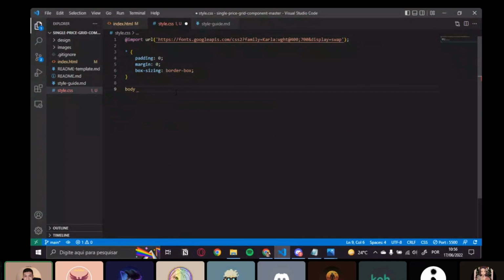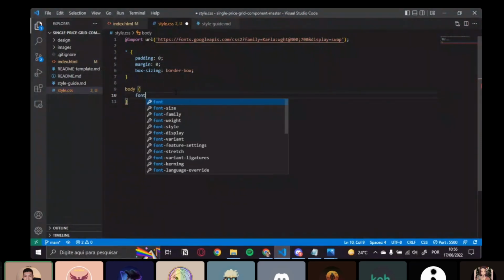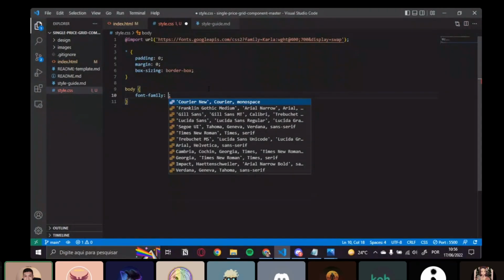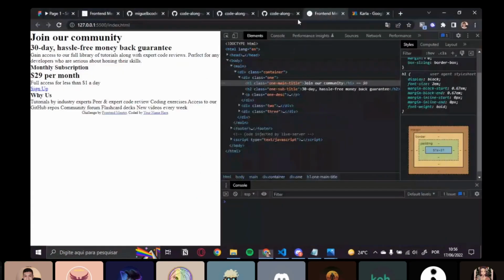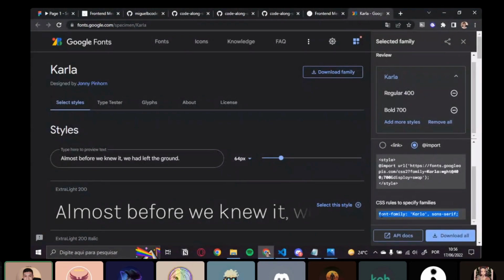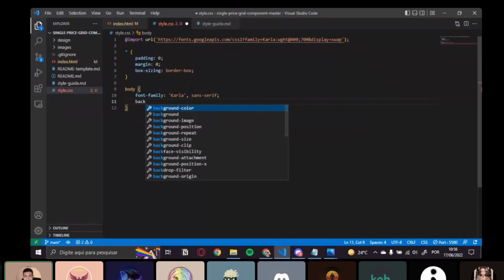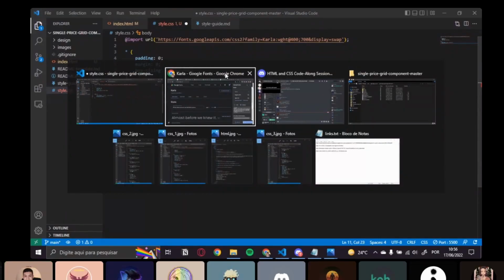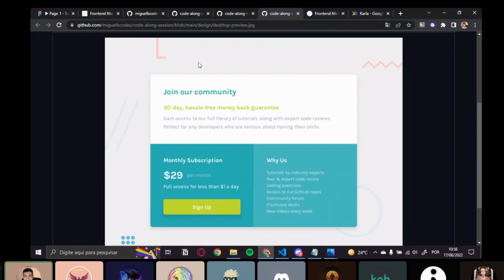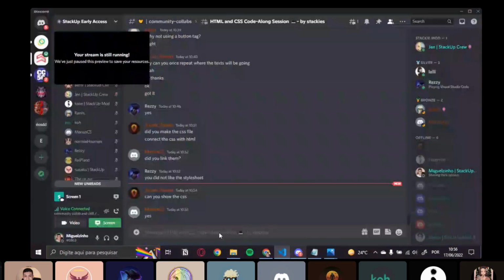For the body, we will set the font family, which is the family that we imported, and we can just copy this code from the Google Fonts page and paste it right here, and we can set a background color for the page. I pick a color that's similar to this one, and the code is this